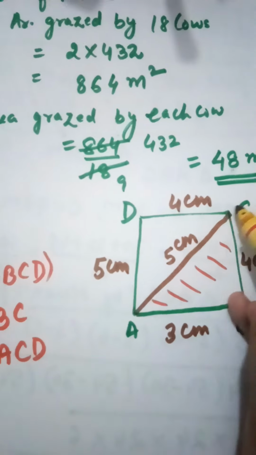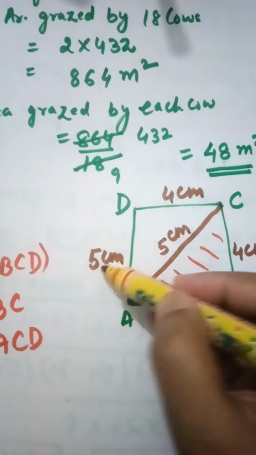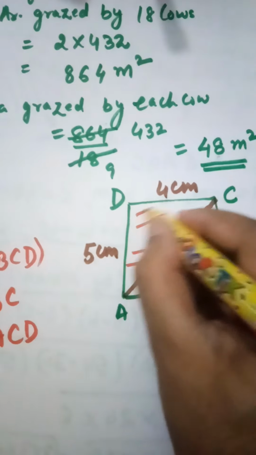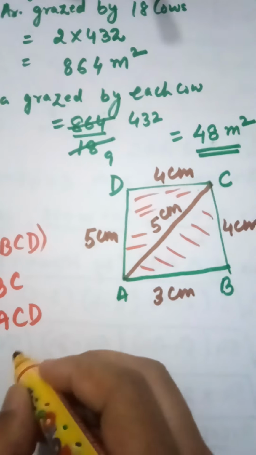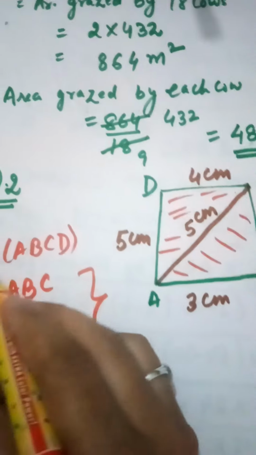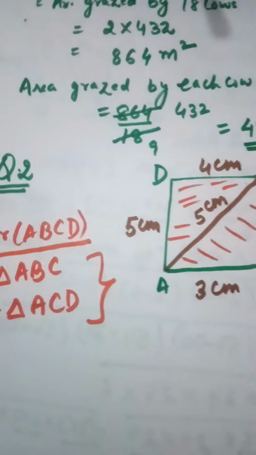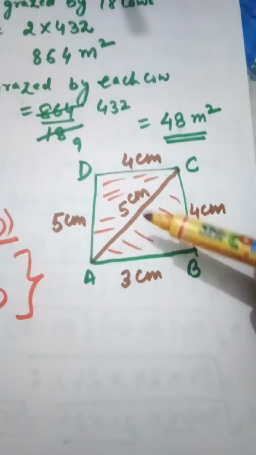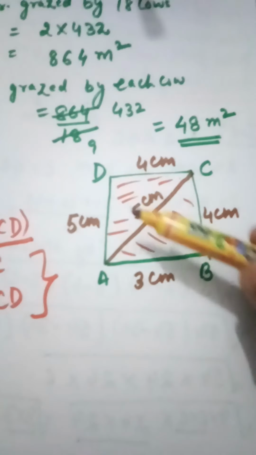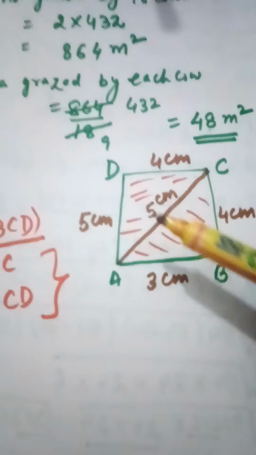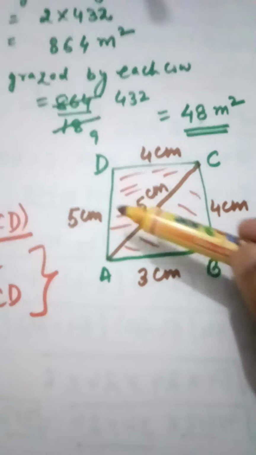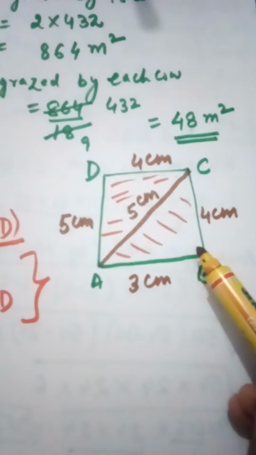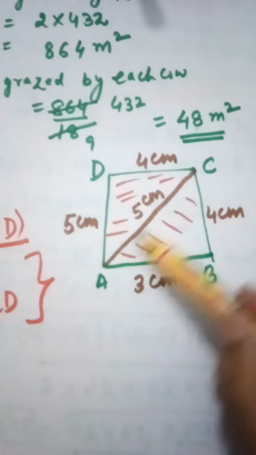Similarly, see the other triangle ACD. A is 5, B is 4, C is 5. We can again use Heron's formula for that. And once we obtain both the areas, we can add them. In this way, we are able to find the area of ABCD. I hope this is quite clear. That means the quadrilateral can be split into two triangles and we can find the area of each triangle by Heron's formula. Children, once again I am alerting you that in certain types of questions in which one of the angles is 90 degrees, you can use Pythagoras theorem in order to obtain the diagonal.